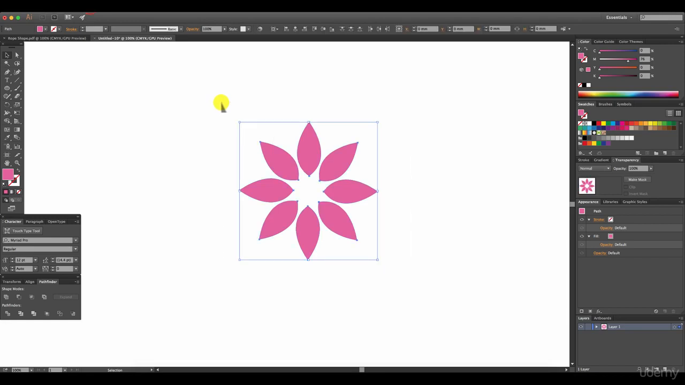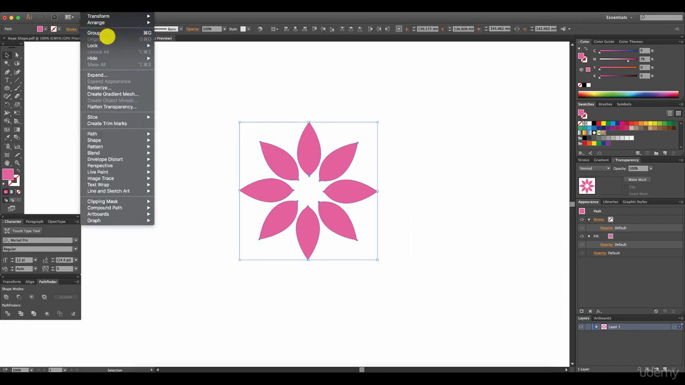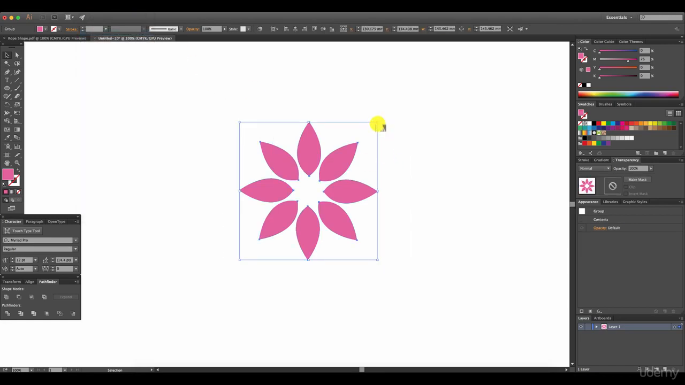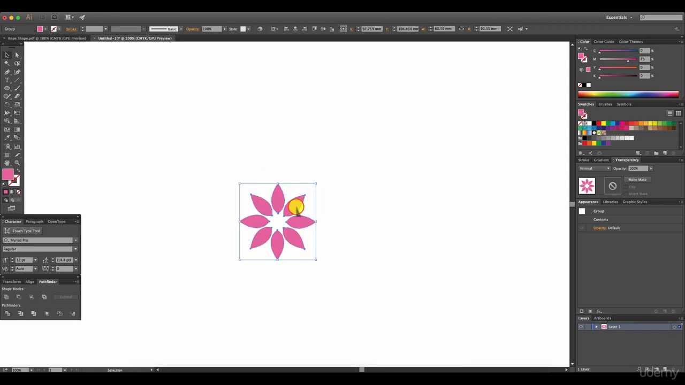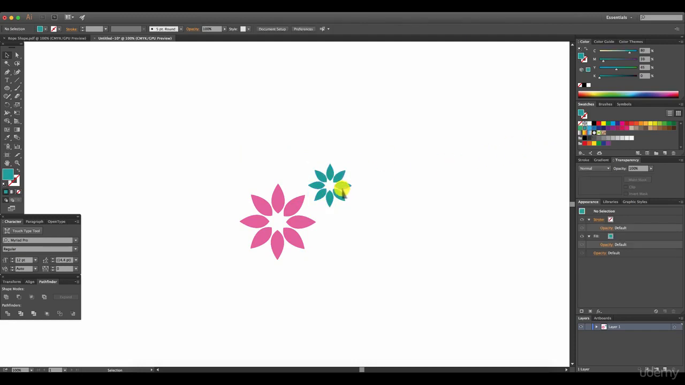So we can now copy this. First go into Object Group to ensure that all of these petals are grouped together into a single unit. Just reduce it in size, and using Alt and Shift we can create a copy. Let's reduce it in size and let's assign a different colour like so, and we use Alt and Shift again to create another copy,